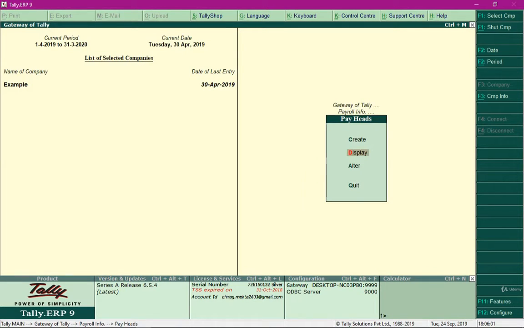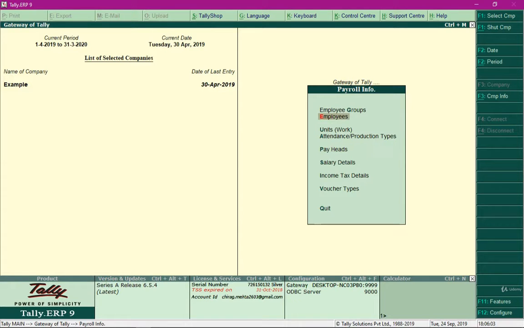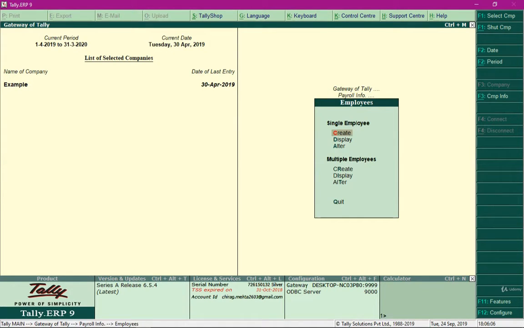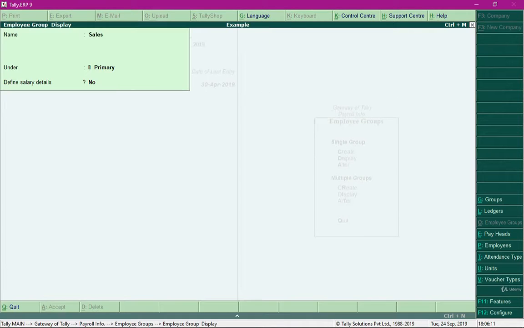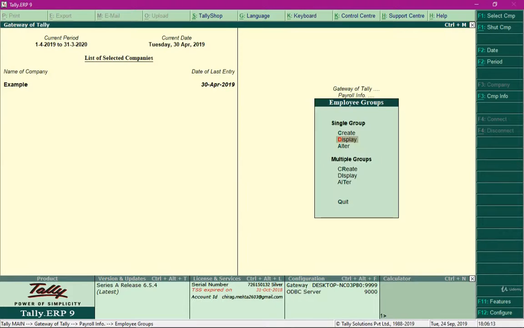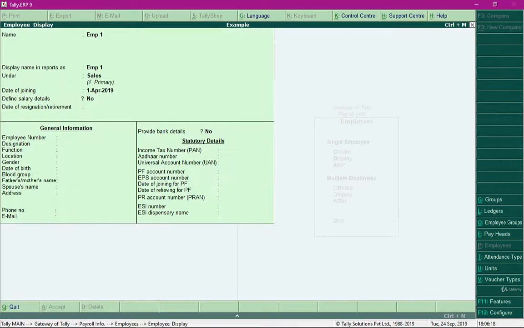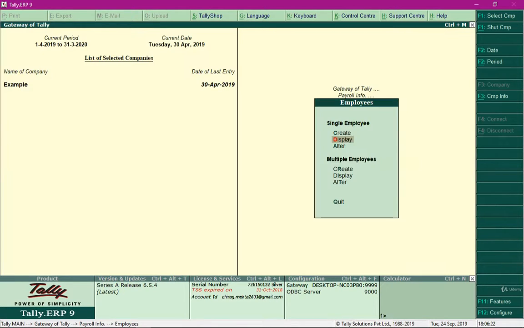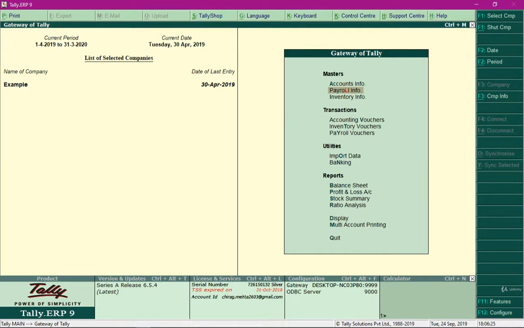So after defining the payheads, we are required to define employee data, or we can also define employee groups and define salary structure for each group, and then define the employee and assign him to the group. And once we are done with the setup, we can record the attendance vouchers followed by salary process, and after processing the salary we can process employees' contribution towards PF, ESI, and calculate professional tax.